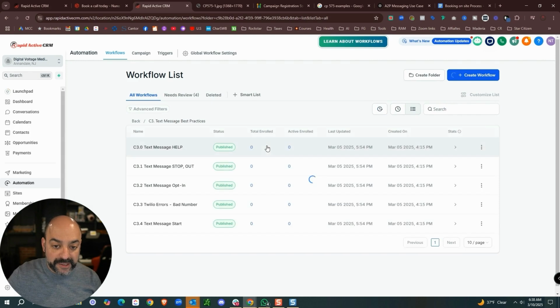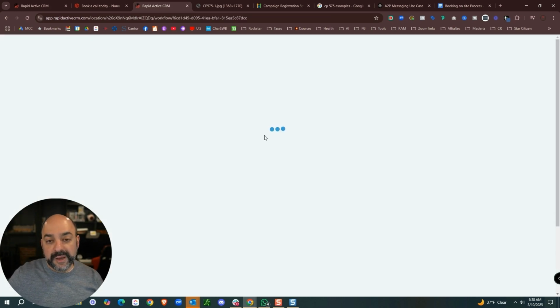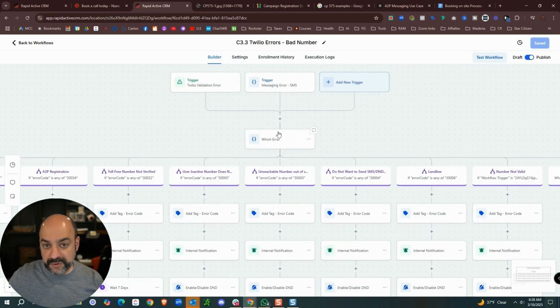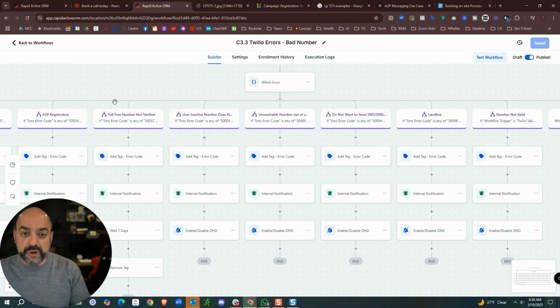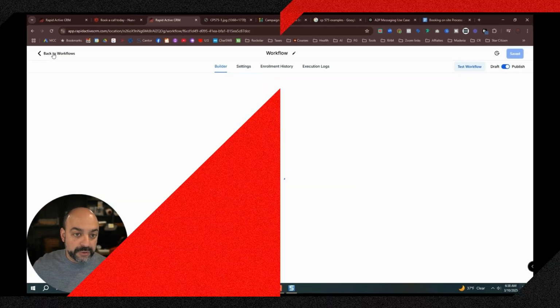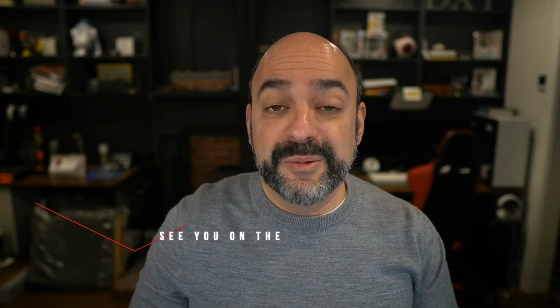And then last but not least, when you have a bad number, make sure that you're identifying bad numbers. We've created this automation that basically shows you all the old numbers that go along through. So these are all the things that you need to make sure you have. Please be very aware of that, because this is what's going to be required for you to actually get approved and have a pretty robust text messaging system. So hopefully this helps. Hopefully this gets you guys past, and we'll see you in the next one.